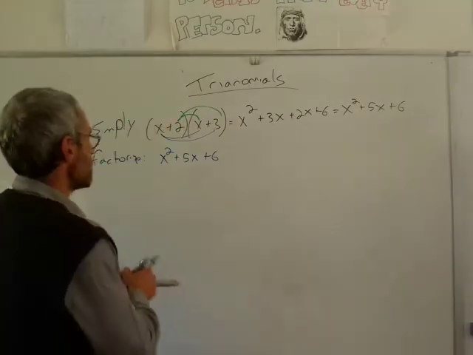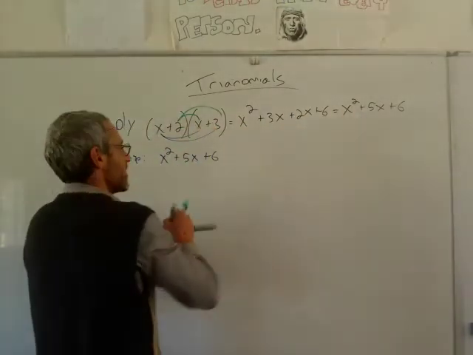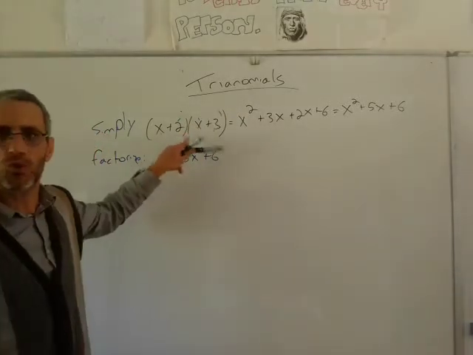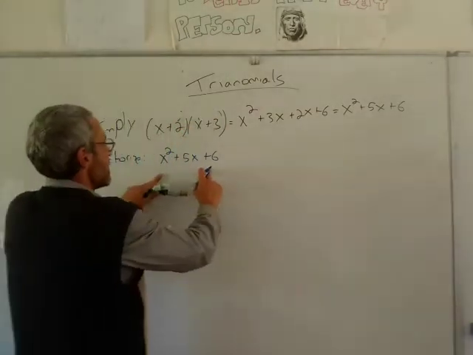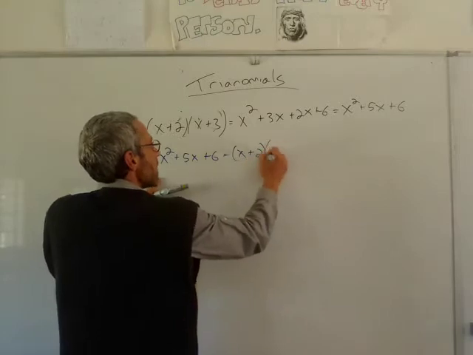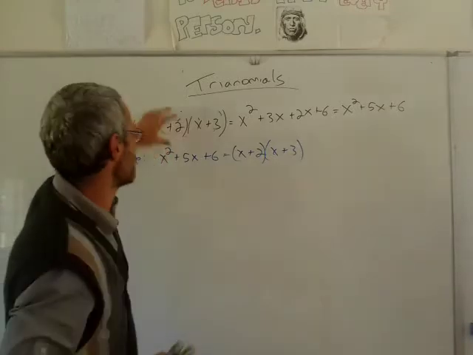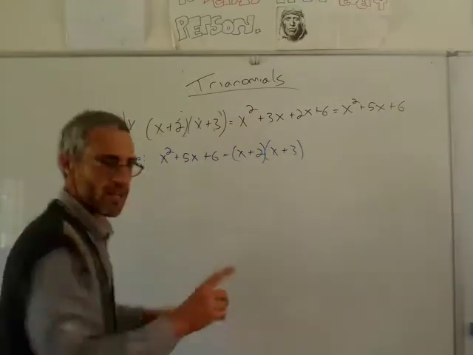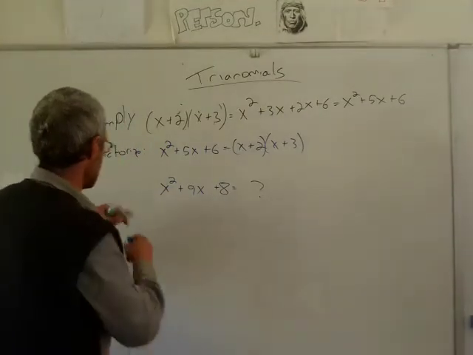So obviously, I know from here I went to there, so I can go back. If x plus 2 times x plus 3 is equal to x squared plus 5x plus 6, then I can obviously say that x squared plus 5x plus 6 is equal to x plus 2 times x plus 3. But now, how would I know that if I didn't have that exercise before? So I, for example, would like you to, let's say, factorize